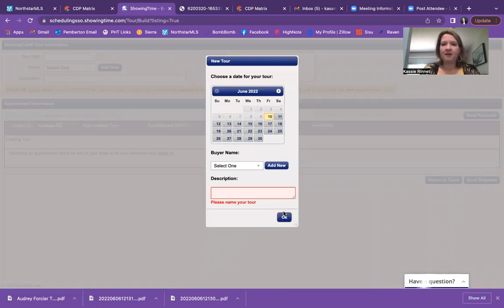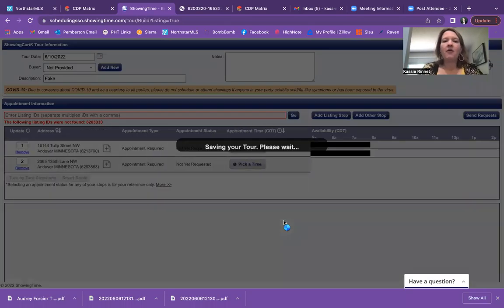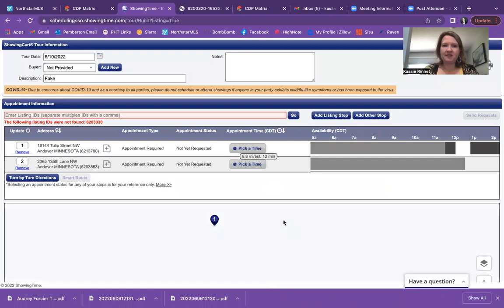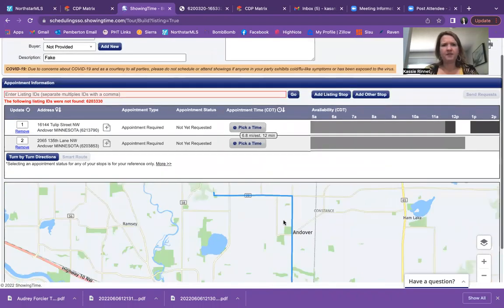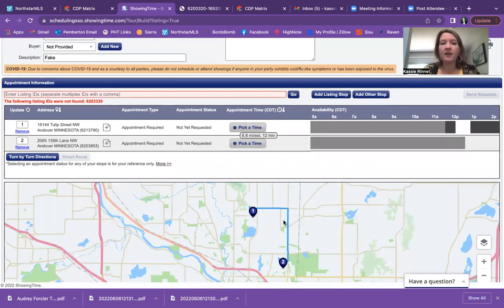And here's what I love about it. This asks you to name it. I'm just going to put bake. Here's where you probably put your client's name. That's what I put in here. But now, as you can see, it opens you to this screen. Oh, I picked 3, but it's only showing 2. Either way,